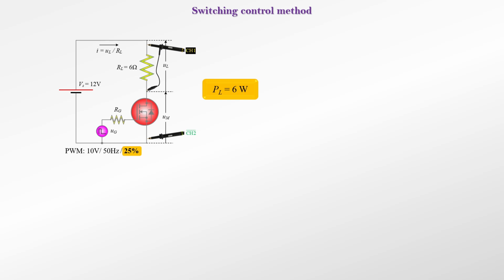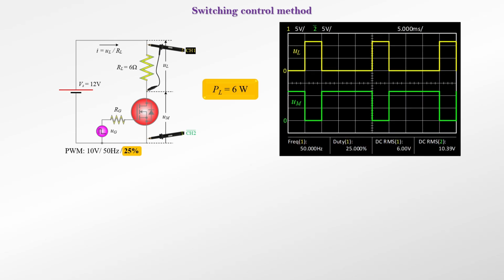The waveforms of the voltages across the load and the MOSFET are displayed on the oscilloscope. The current has the same waveform as the load voltage. All quantities have a pulsed waveform, therefore, they contain harmonics, at frequencies that are multiples of the fundamental frequency, which